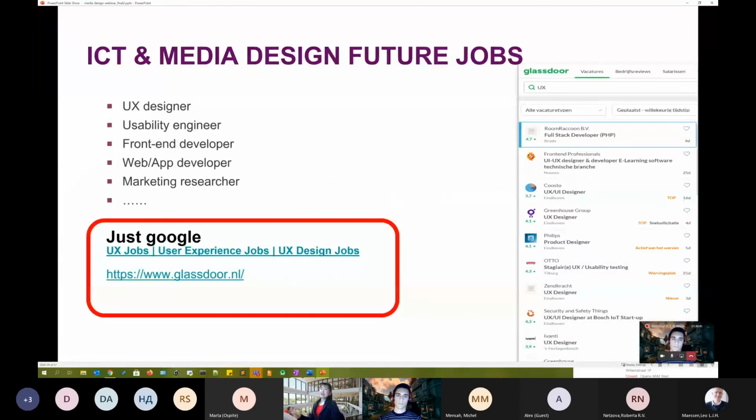Okay. Last part, future jobs, the job perspective. For ICT and media design, after 4 years of study, what's possible? What kind of job titles can you expect? Typically, I would suggest you do a little bit of homework. You can just use Google and type those keywords, for example, UX jobs, user experience jobs, or user design jobs. And plenty of jobs